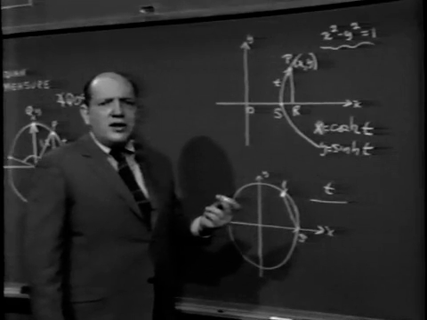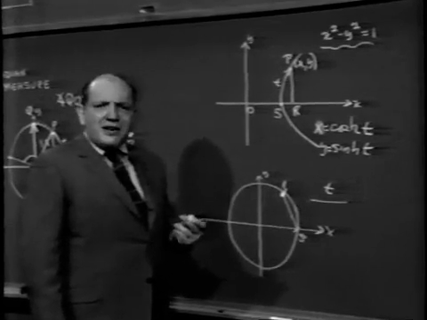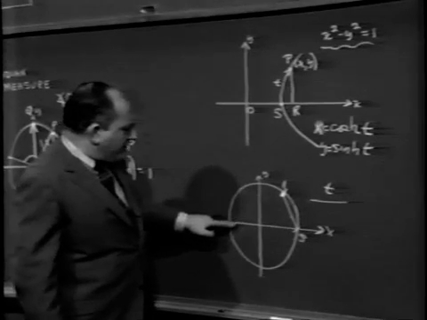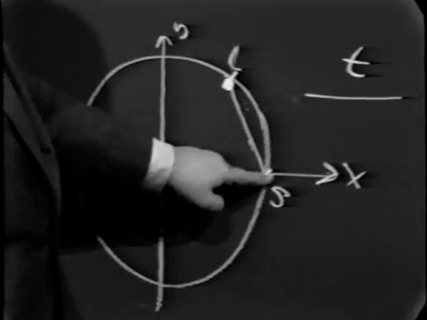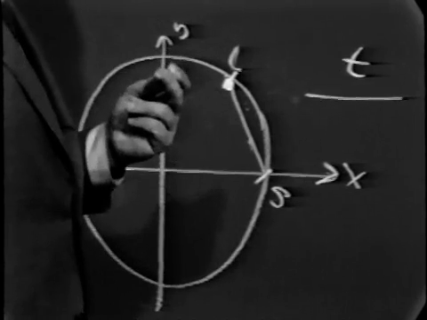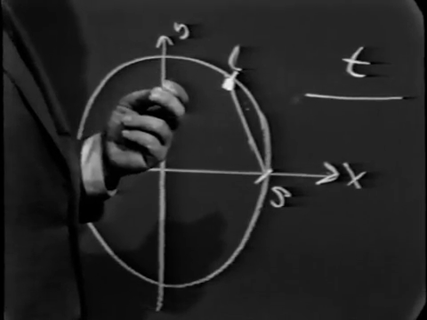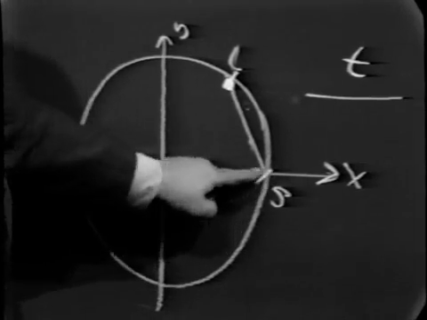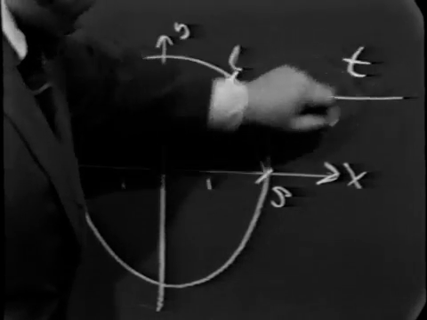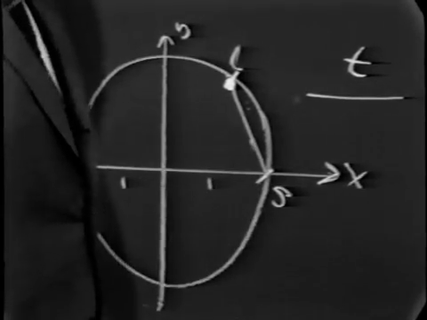Why you would have wanted to do this? Well, you have the same right to do this as I had to do mine. Of course, you have to be a little bit careful. For example, in this particular configuration, notice that if this is how you're going to define your trigonometric function, your input, your domain, has to be somewhere between 0 and 2. In other words, you cannot have a length longer than 2, because notice that the diameter of this circle is only 2, and therefore if t were greater than 2, when you swung an arc from the point S, it wouldn't meet the circle at all.